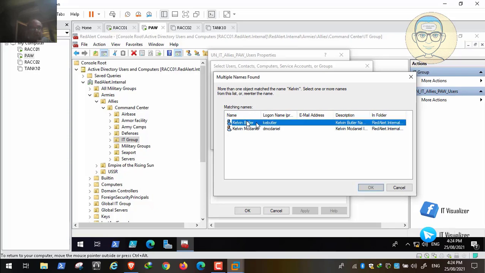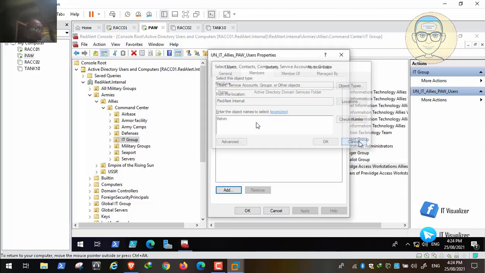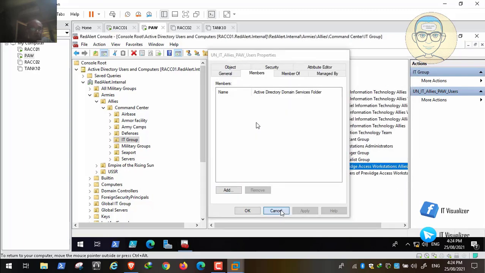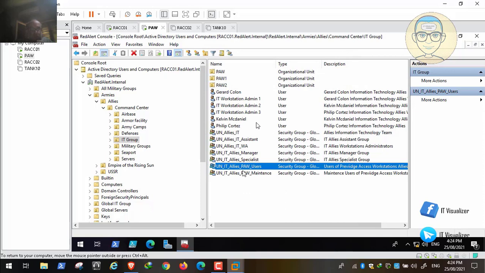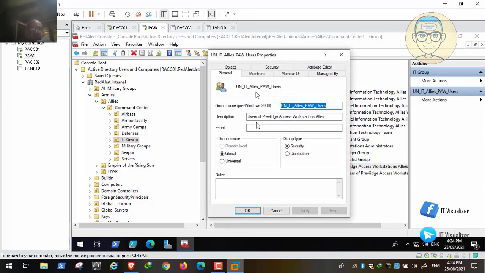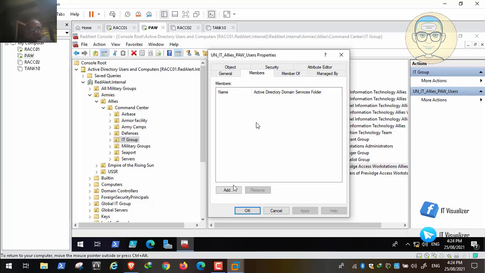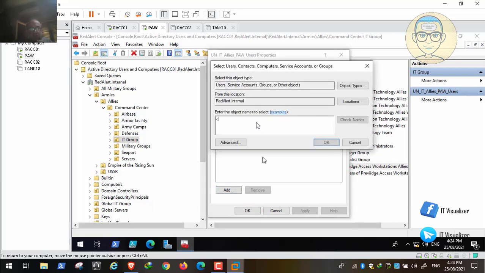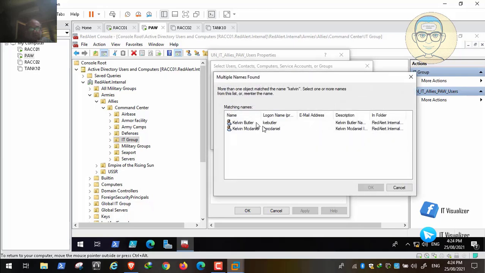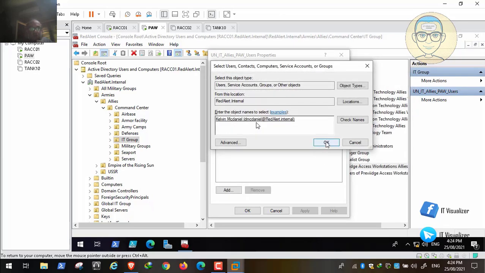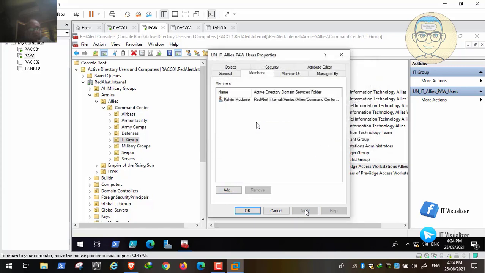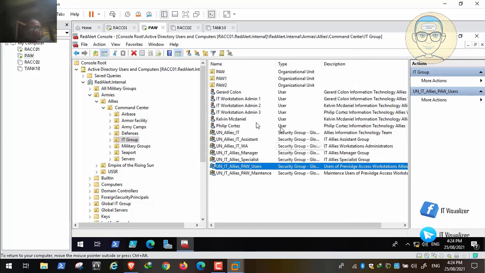So he's simply saying here that every IT will be able to access all of the POW workstations, not only one POW. Okay, but I prefer it to be separate, every POW for every IT. Now we will add Kelvin, Kelvin McDonald. So he is the guy that will be in the POW group, and then we need to have